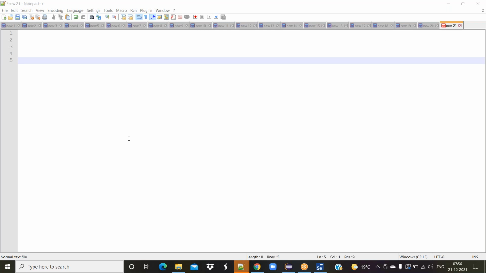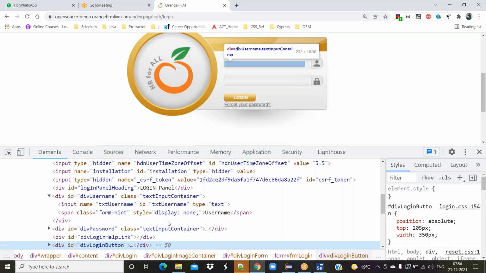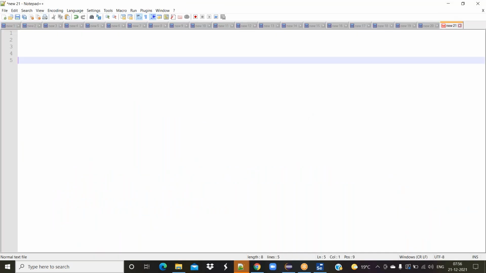So we have multiple attributes, right? If you look into this one, you can see multiple attributes. Can I use all these attributes to identify an element in Selenium? No. Selenium supports only four attributes. That means Selenium can locate an element using only four attributes.